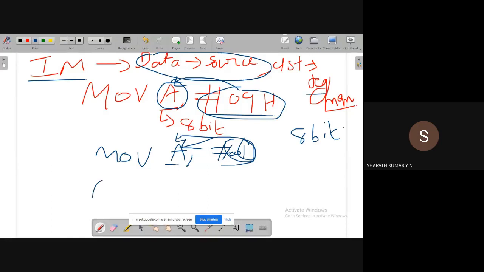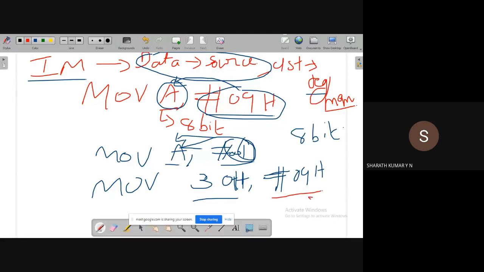Similarly, of course, this was an example for a register. It can be a memory location also. For example, MOV 30h, #09h. What is the difference, guys? In this case, 30h is the destination and 09 is the source of data.